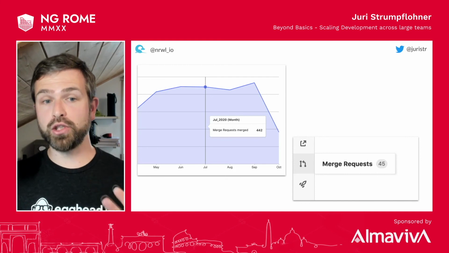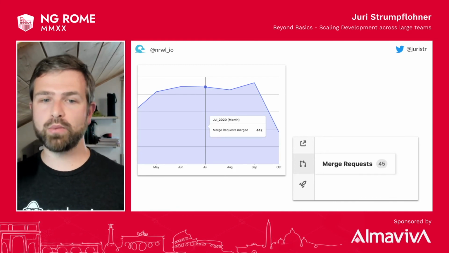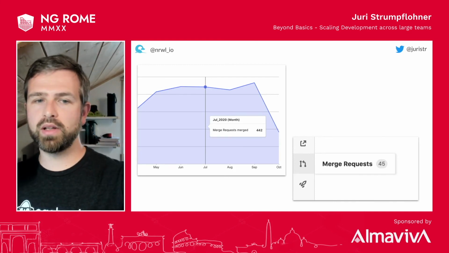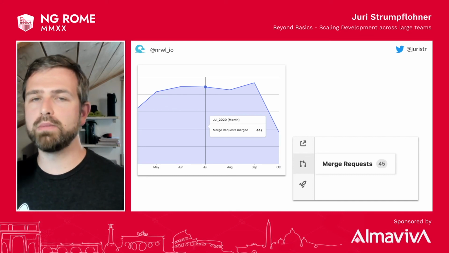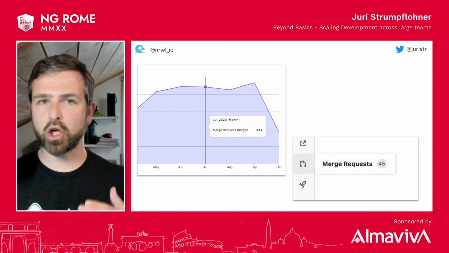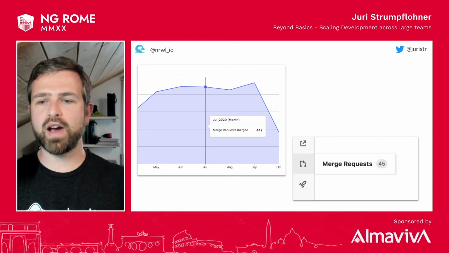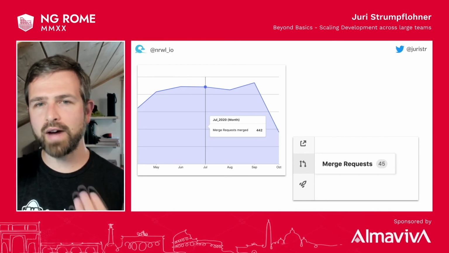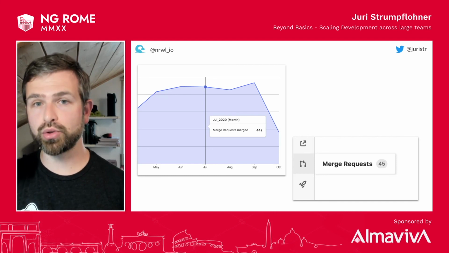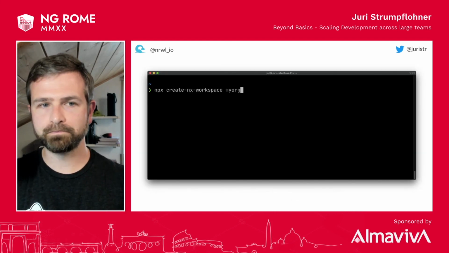This is especially useful if you have environments like this, where, for instance, here in a month, the average number of PRs that have been merged in is 400. And you have a constant situation where you have like 45 merge requests which need to get into master. In such environments, having a fast CI build is crucial for getting things started.